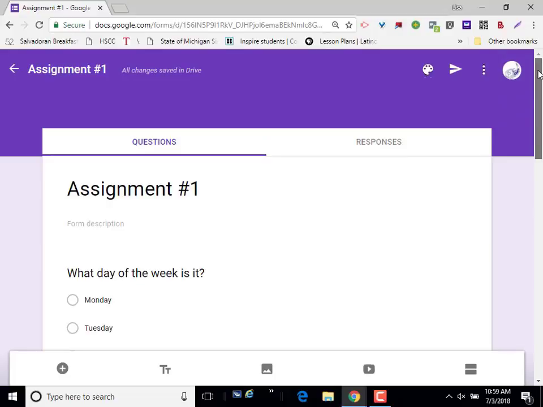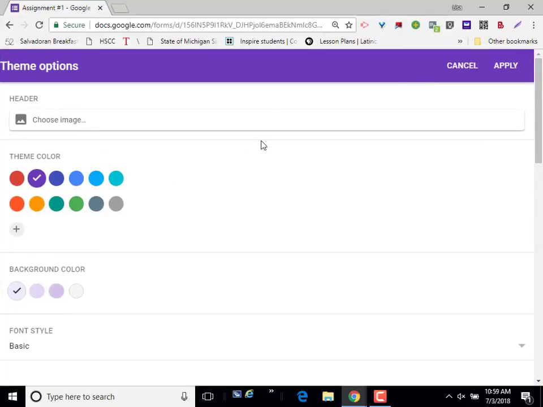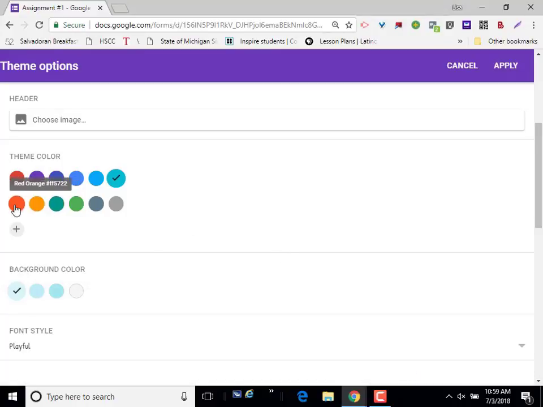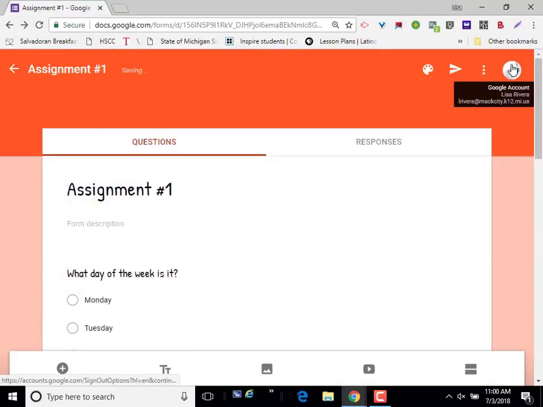Other settings for forms that you can use: if you click on the palette at the top near the right hand corner, you can customize the theme. If you wanted a custom color, a custom header, some sort of image you wanted at the top, you can change the background color, and you can change the font style. These are some new features that were not previously available with Google Forms. So we have basic, decorative, formal, and playful. I'm just going to change a few of my options here and click apply,